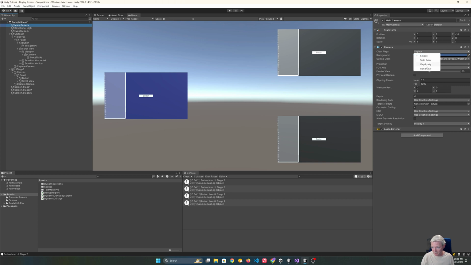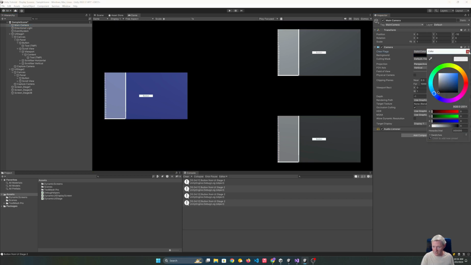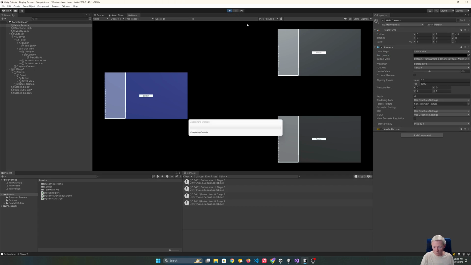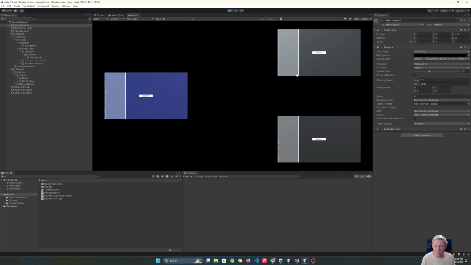And if I change this to a solid color, that's going to make that stand out a little bit nicer as well. But we've got our multiple screens, and those screens connect to different UIs. They are something that can take on lighting in the world. Post-processing effects could be applied to those different stages. So there's a lot of things that we could then do with this in terms of customizing how they look. They're going through a material, so we could adjust the shader. We could set up our own custom shader that's applying particular effects or distortions to the screens. We can tint them. So it allows you to have a much more dynamic, useful aspect there of